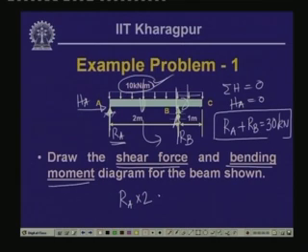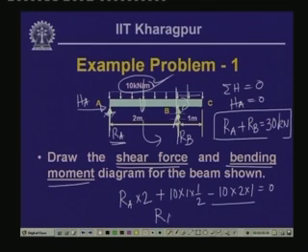So, Ra into 2 plus this part, 10 into 1 into half, is the moment about this point, and this part is minus 10 into 2 into 1, equals 0. So, 10 into 2 is 20 and this is 5, so minus 15. So, Ra is equal to 7.5 kilonewton,